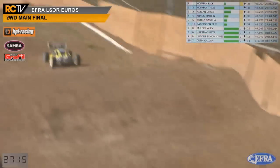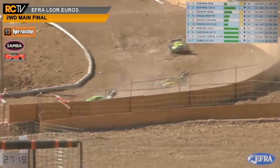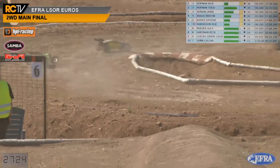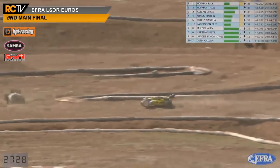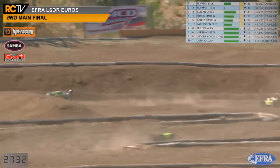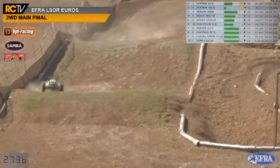A better lap from Hoffman, 45.2. That's Rick Hoffman who's leading. His brother comfortably in 2nd place. Saw off the attentions of Adrian Ulrich mid-race. And Hoffman has been, well, imperious really for his entire...